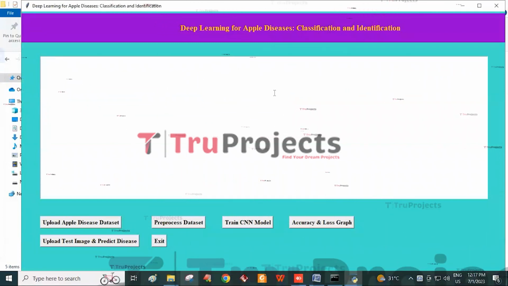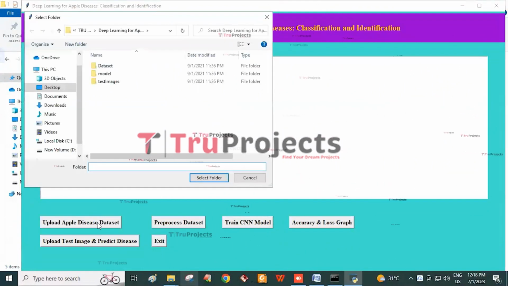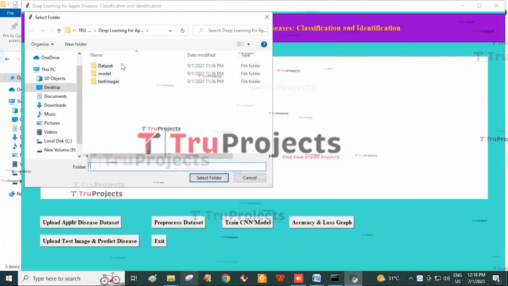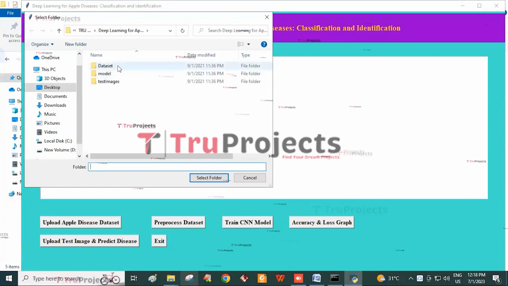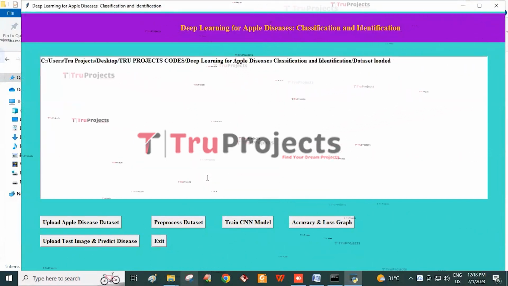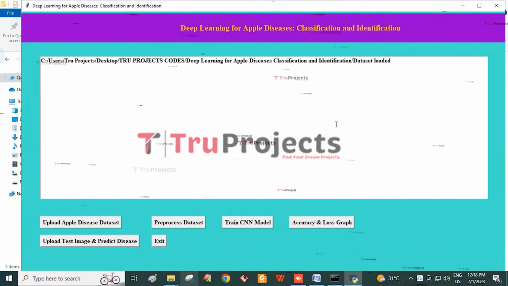This is the graphical user interface of this project, which is for interacting with the program. And now click on the upload apple disease dataset button. This is used to upload the dataset. To import the dataset, we are selecting the dataset folder and clicking on the select folder button. Here we can see that the dataset is loaded,